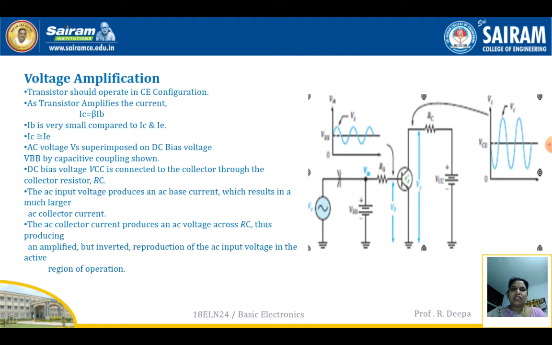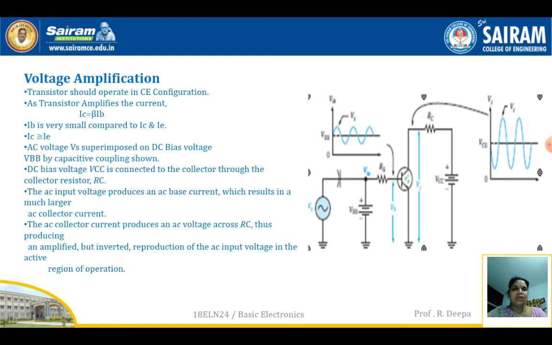Here we have shown a circuit diagram where the transistor is connected in common emitter mode and is going to operate in the active region. That is, between the base and the emitter, we apply a forward bias voltage with the help of an external bias voltage VBB and input AC voltage Vs as shown in the circuit diagram. The input is applied from an external AC voltage source Vs, and the biasing is through VBB, which is applied to the base of the transistor via the base resistor RB.